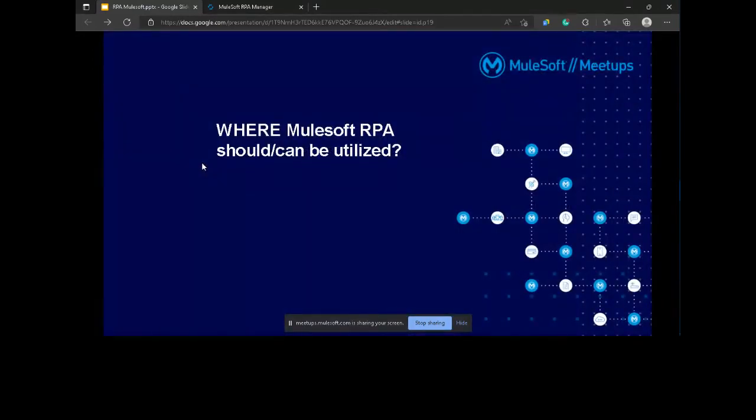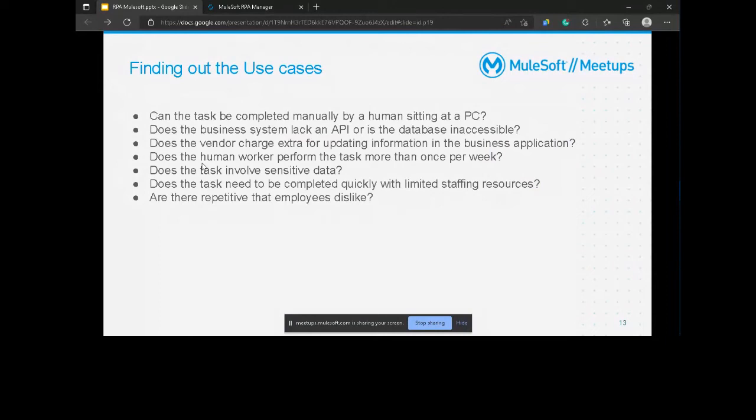Then where can MuleSoft RPA be utilized? Let's see how we find out the tasks, how in future we try to find out the use cases where we can apply RPA. So you can read the list.